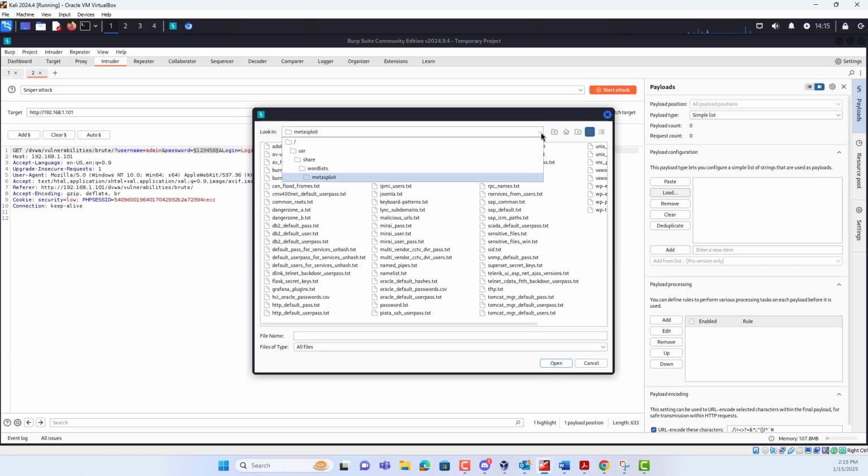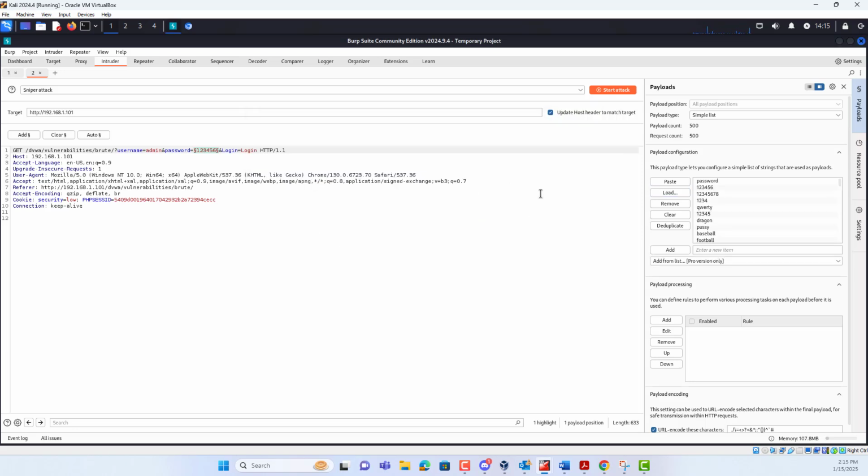The word list is located in slash, which is root, user folder, share directory, wordlists, and go to Metasploitable, right? On Metasploitable, there are a lot of password lists here, so I'm going to use the top 500 Burnett. Click here, right? Notice that I have a list of passwords here. From here, I'm going to start the attack. Do you see this, start attack? When I click start attack,